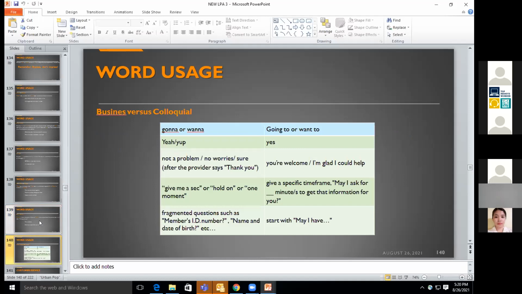Next, business versus colloquial. Gonna or wanna. It's still better if you sound professional. If it's the first time that you're meeting, it's better that you sound professional. If it's your second or third time talking, of course you're already comfortable with the person. It's okay to use colloquial at times, but not all the time. So gonna or wanna, it's better to use going to or want to